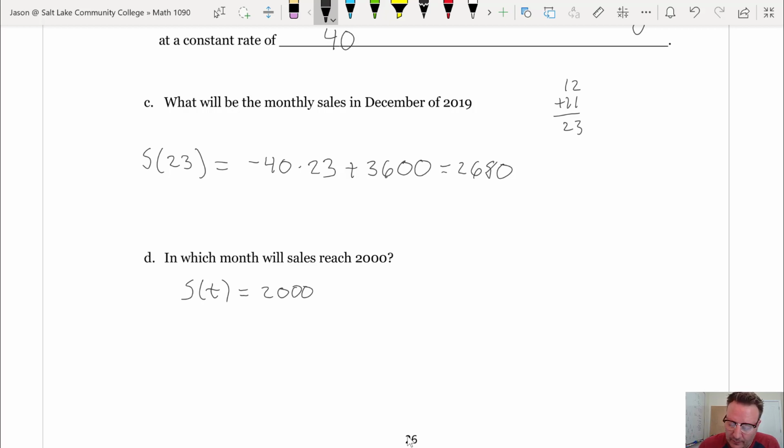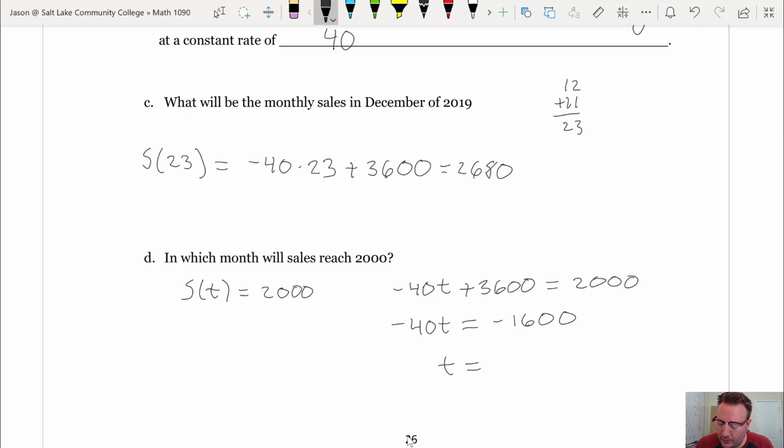So I want to solve negative 40t plus 3,600 is equal to 2,000. I subtract 3,600 from both sides of the equation, and I'm going to get negative 1,600 on the right-hand side. Divide both sides of the equation now by negative 40, and I get t is equal to,